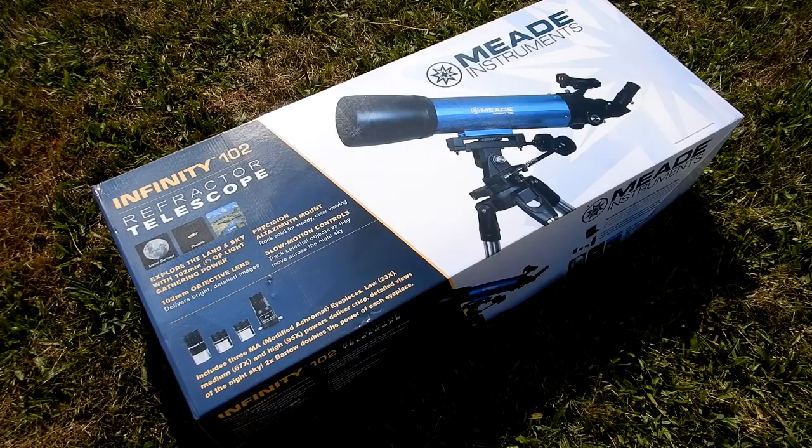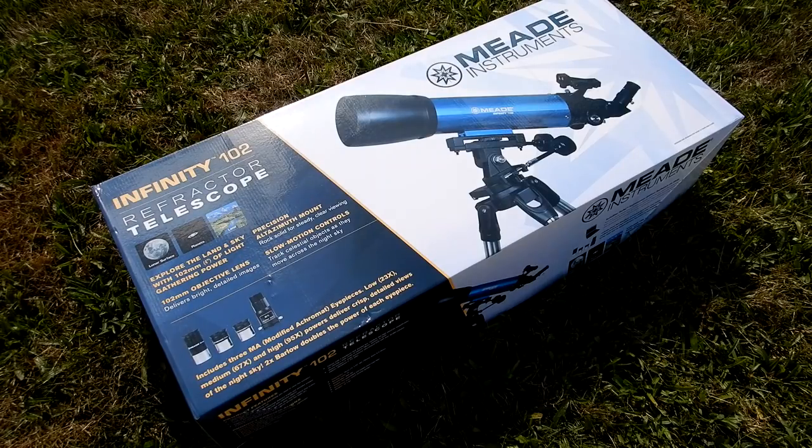Okay, so I'm going to do a review here of this Meade Instruments Infinity 102 refractor telescope. I get people that'll ask me, well, what kind of a telescope should I buy? And there's so many different things to consider. Is it for an adult? Is it for a child? And possibly one of the biggest ones is, how much do you want to spend? So